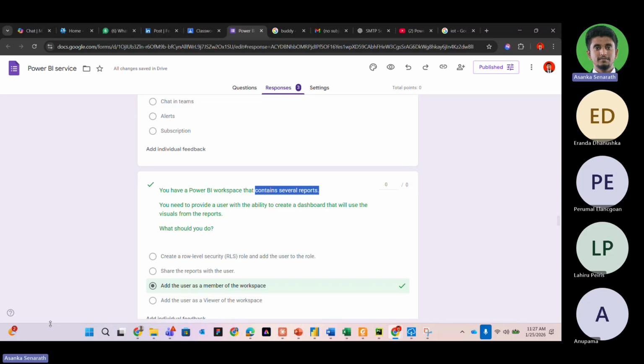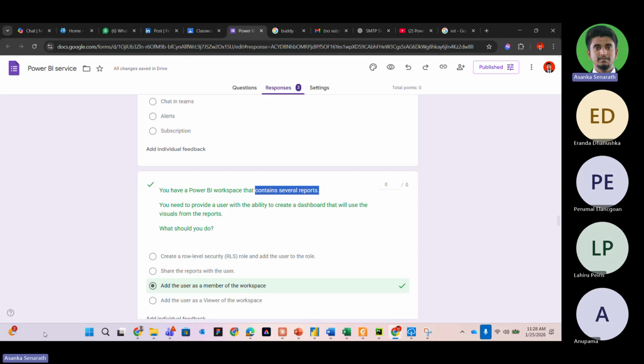Remember, imagine that I have given access to Elango and I have given access to Anupama as well. For Elango, I have given member access, and Anupama, I have given contribute access. So Anupama has created the HR report, let's say attrition report. Right? So in this particular workspace, there are 5 reports. So if Anupama wants to create a dashboard, he can pin only the visual that he created, on the attrition dashboard only.